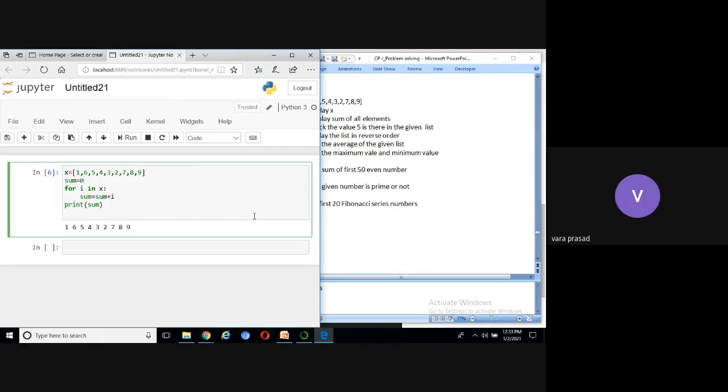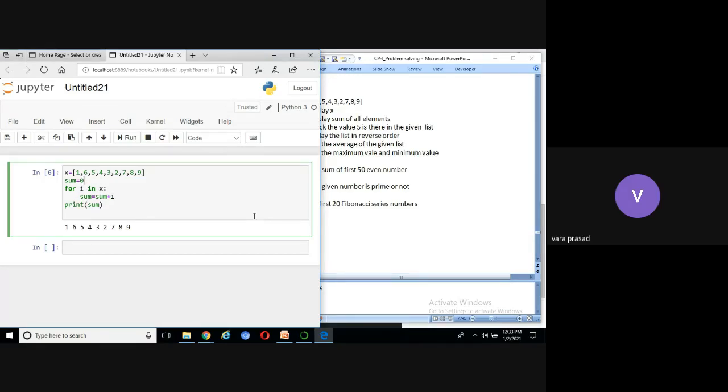Okay, right. There are 2 points to explain this concept. The first point: in Python, before calling any variable, please try to understand, you should declare and initialize. I'm telling in Python.